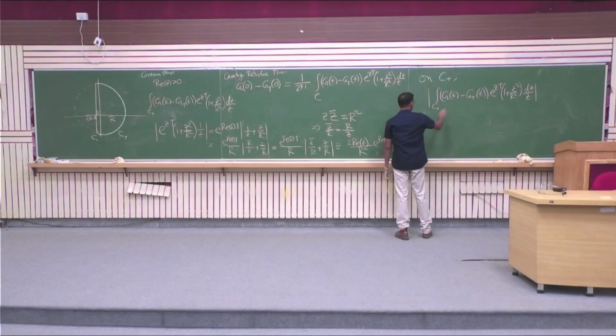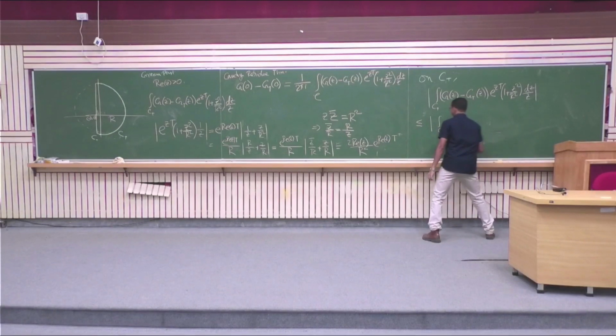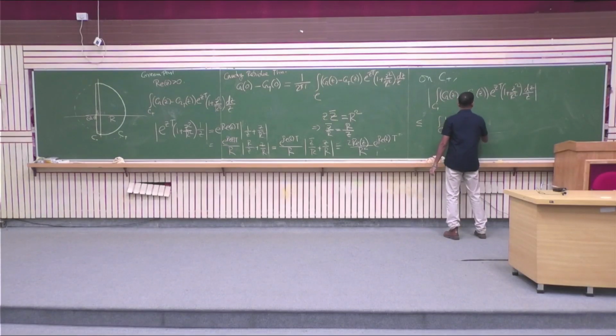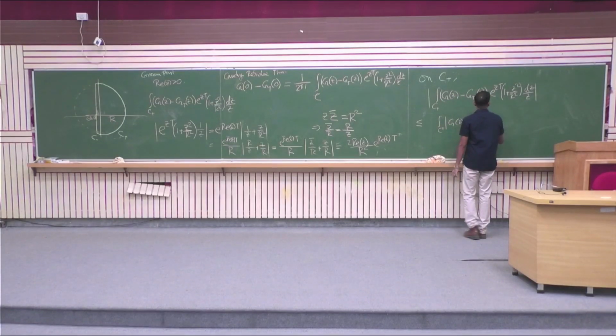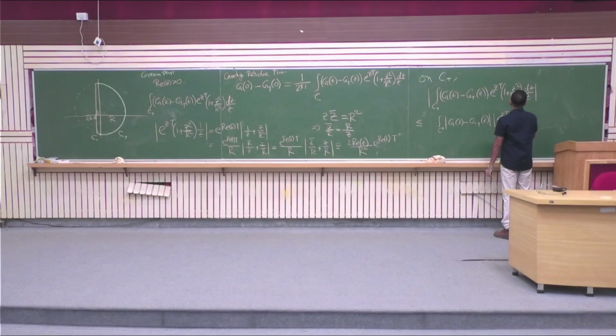So this part was less than or equal to the integral of C plus, GTZ times e^zt, 1 plus z squared by r squared,